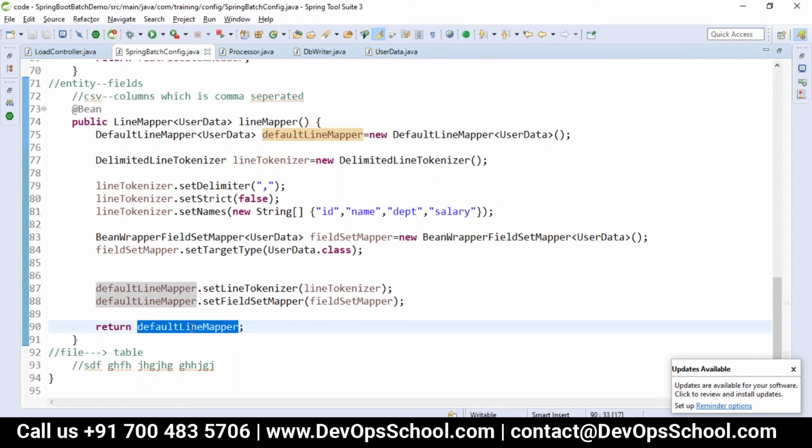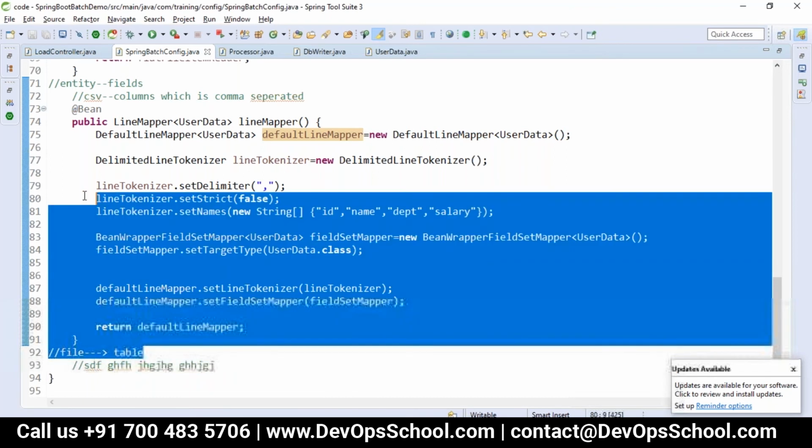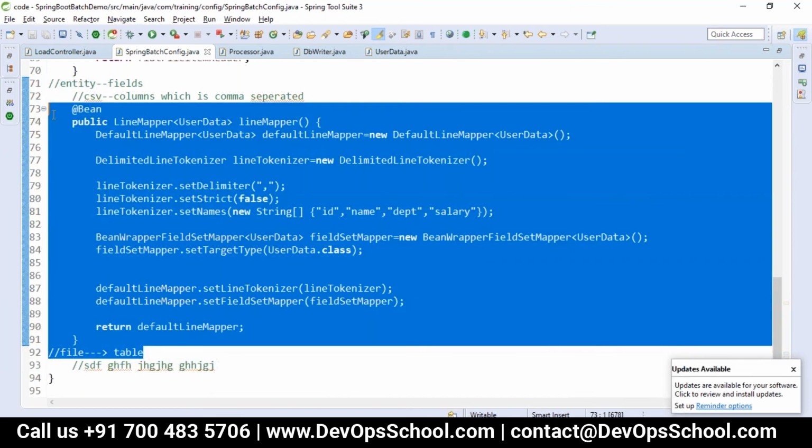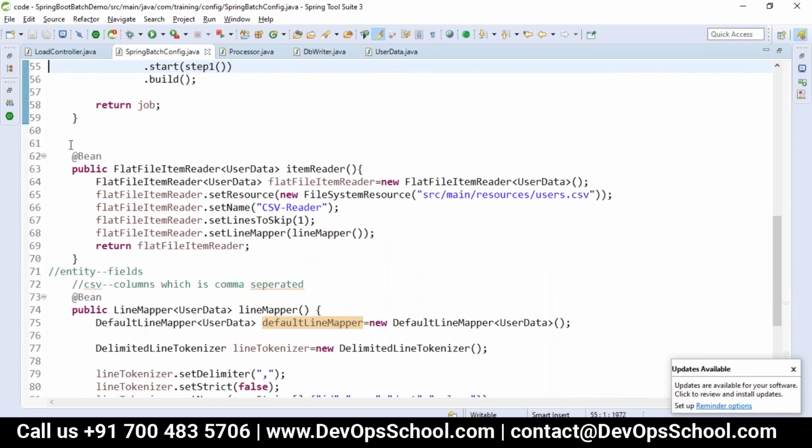It returns the default line mapper. This is what we created as a line mapper bean, and we are calling this line mapper bean in the reader. Either you can create it as a separate reader class, or you can do the reading code as one bean here.